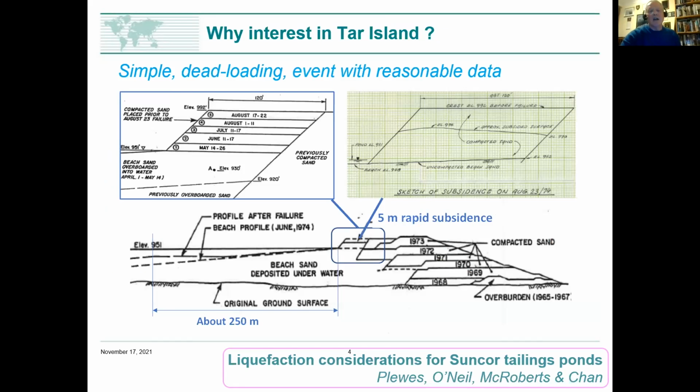why the interest in Tar Island? Well, what we have in Tar Island, and you can see the cross section here, it started out, as most of you know, as a conventional dam, and then they found the tailings were not consolidating as expected. So there was a rapid change to upstream construction, and the dam had to go way higher than initially planned. And the guys were learning how to do upstream construction and work out in stages onto the previously spigoted beaches. And so as part of that, they had a number of slumps, and these were, you know,